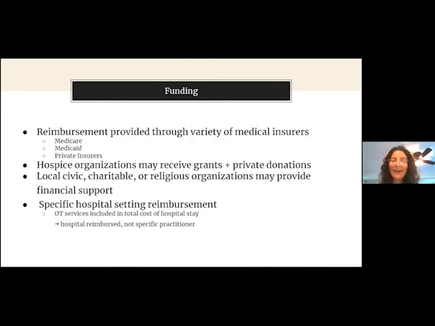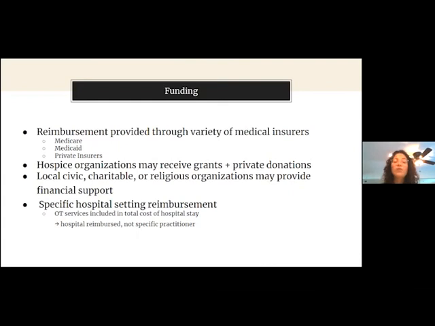It's important to understand funding, as we are all occupational therapists who want to be reimbursed for our time. Reimbursement is provided through a variety of medical insurers, such as Medicare, Medicaid, and private insurers. Funding can also be acquired through hospice organizations that may receive grants and private donations. Oftentimes, local civic, charitable, or religious organizations may provide financial support to families and those who are undergoing these hospice